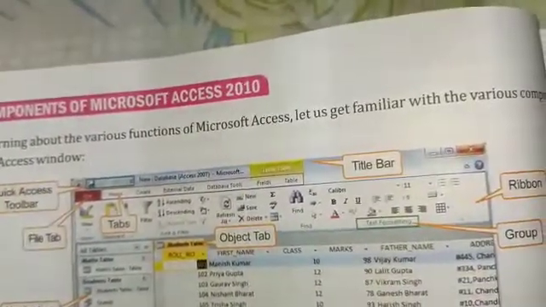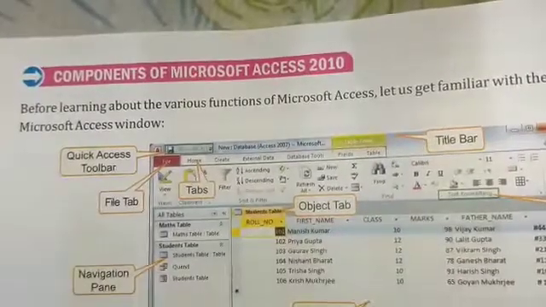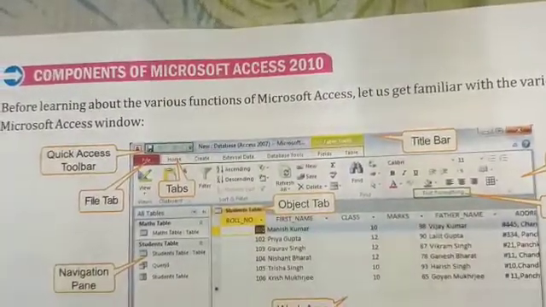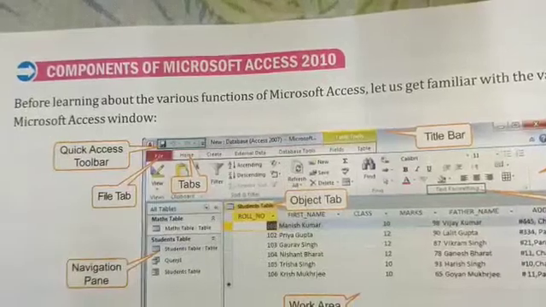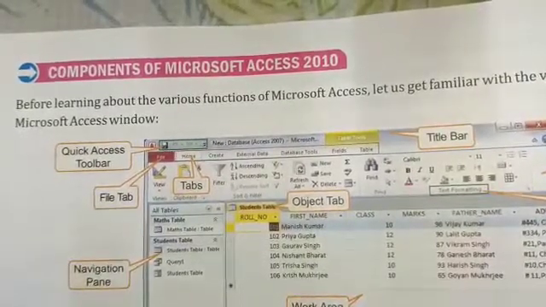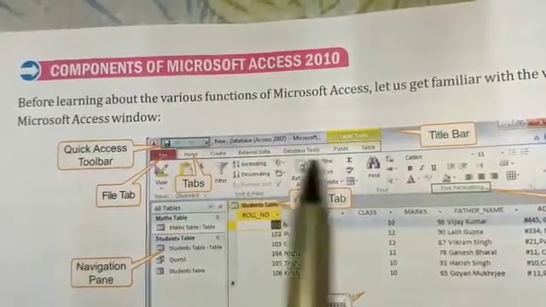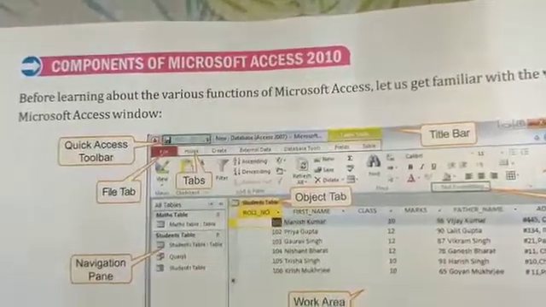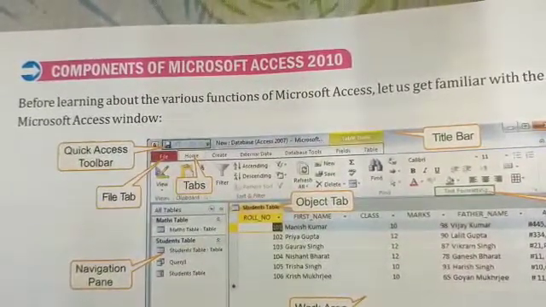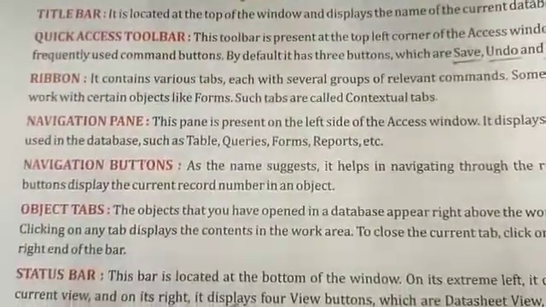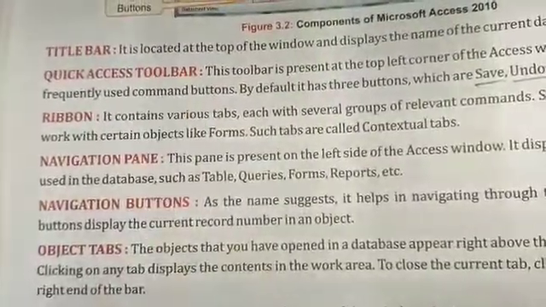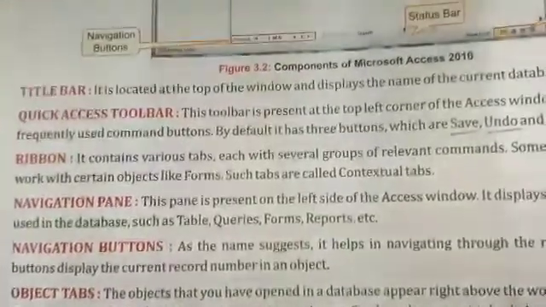So, before we start learning how to use Microsoft Access, we have to know the components of the Microsoft Access window. Here are all the components of Microsoft Access 2010.